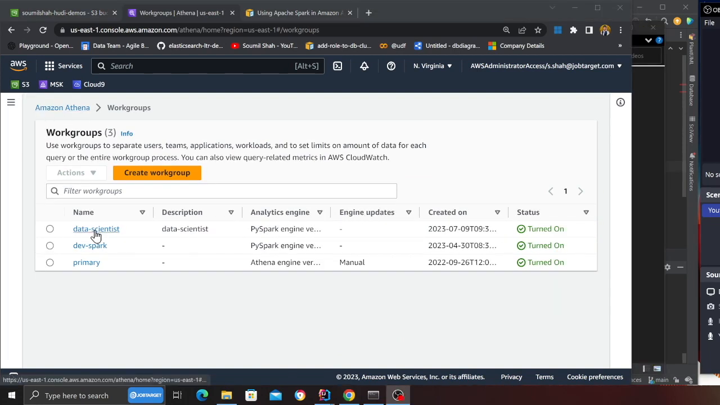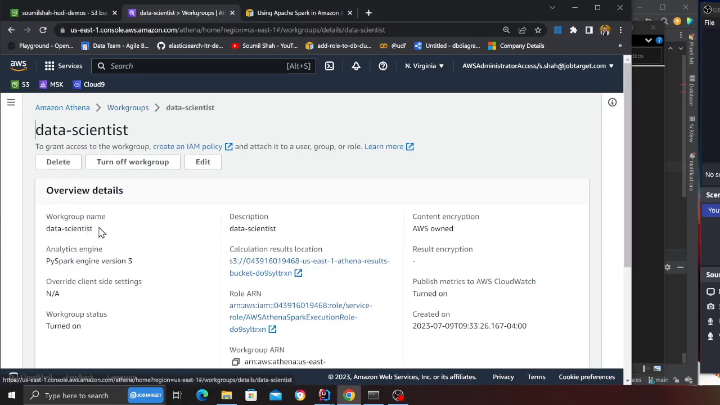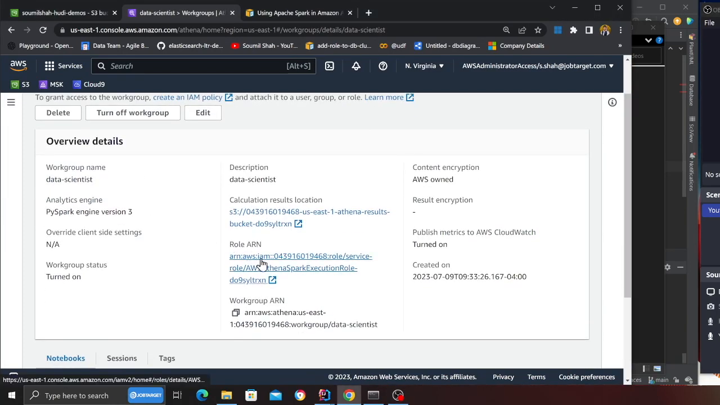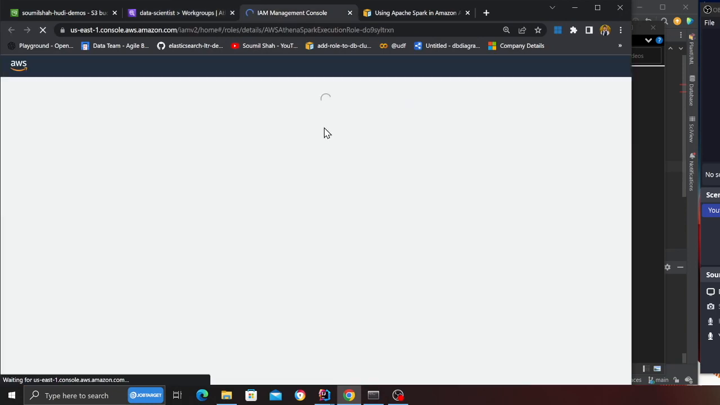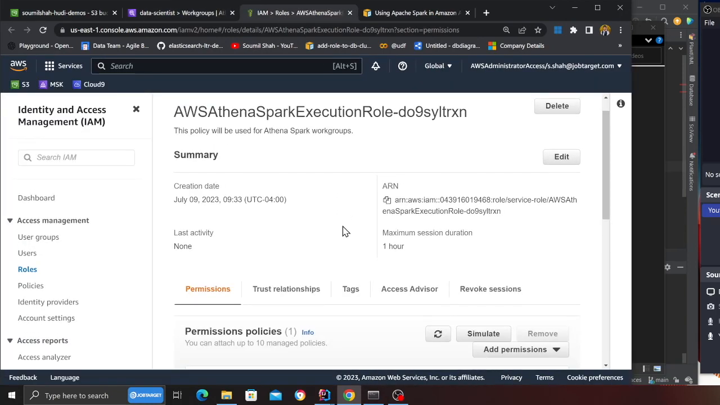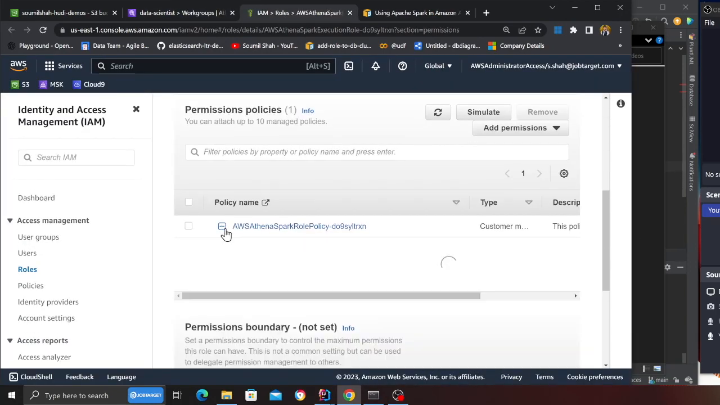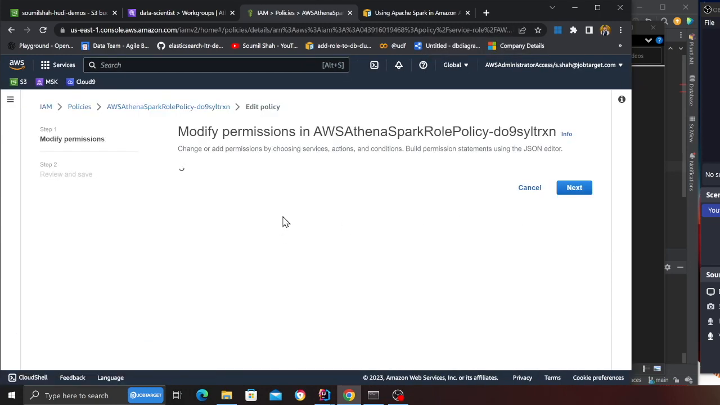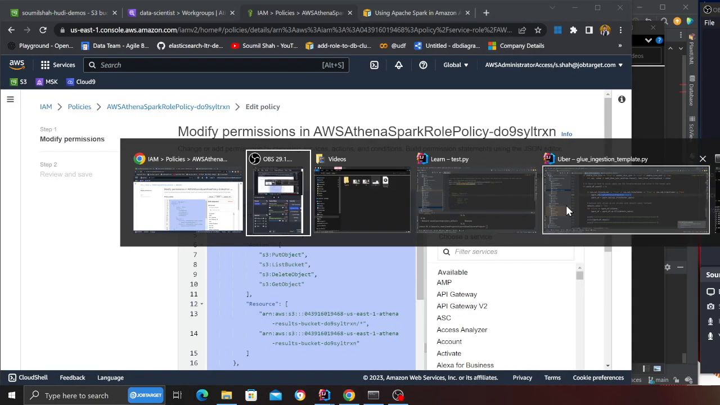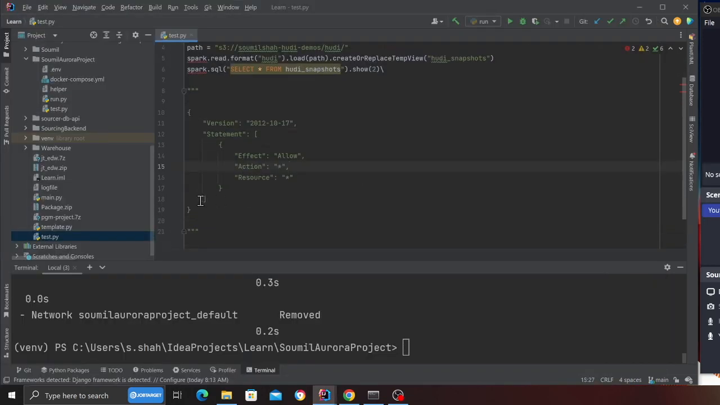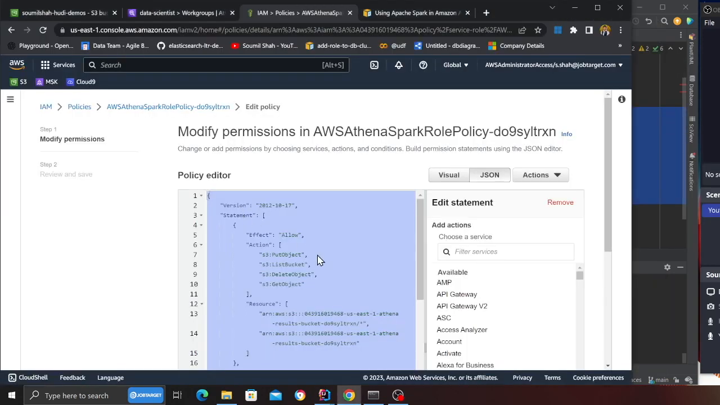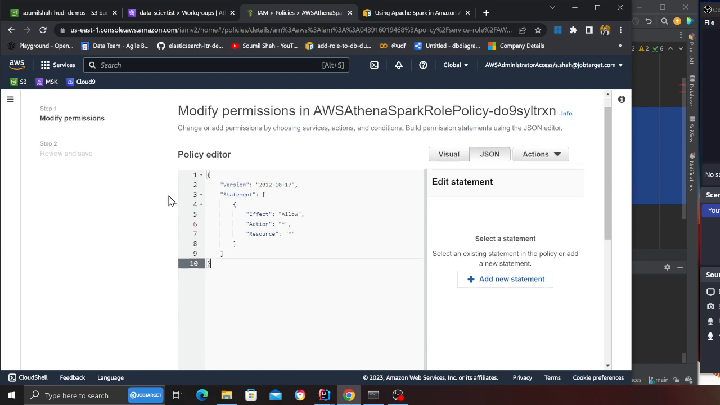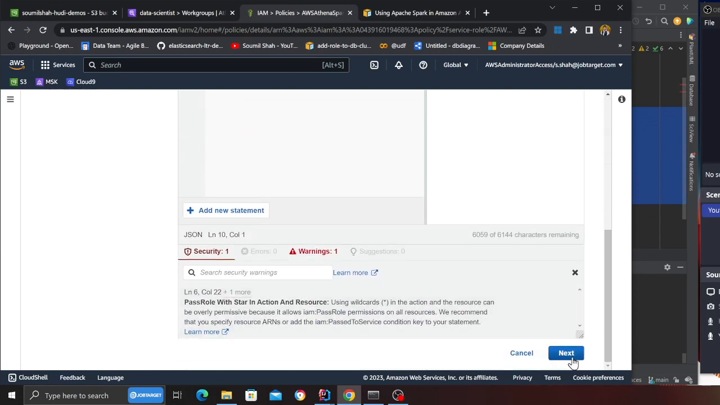Now the next step is you need to head over to this particular notebook and head over to this ARN. For learning purposes, we're going to give full access. So I'm going to click here and then click on edit. And then I will be copy pasting this particular policy. This again gives full access to everything, as I said. Click on next,